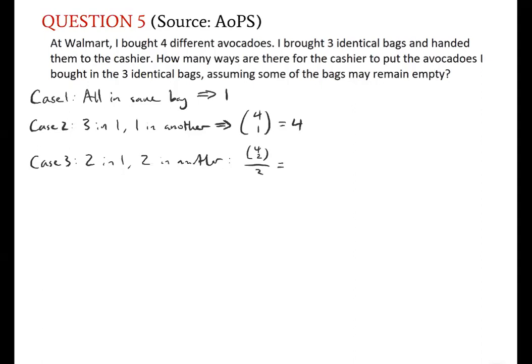And this will give you 3. Last case, case 4, running out of time, is 2 in one bag, 1 in another, and then 1 in another. And this one, you just have to choose which 2 avocados to put in that one bag. So you do 4 choose 2, which is 6. Then you add those all